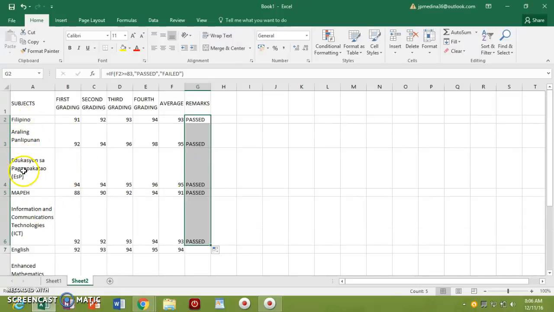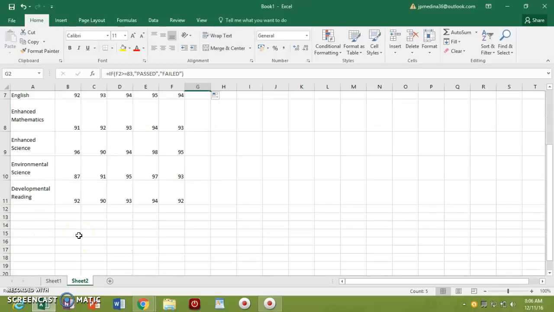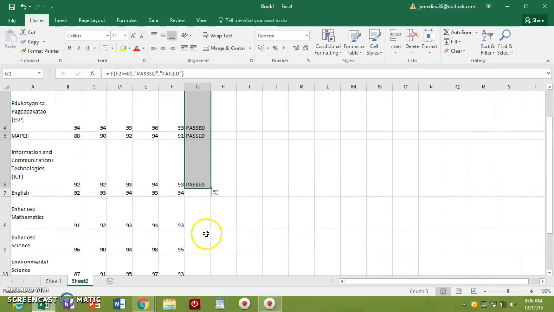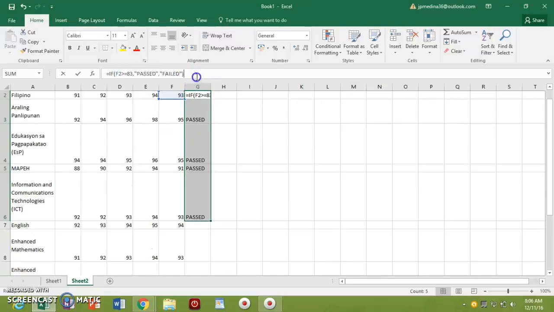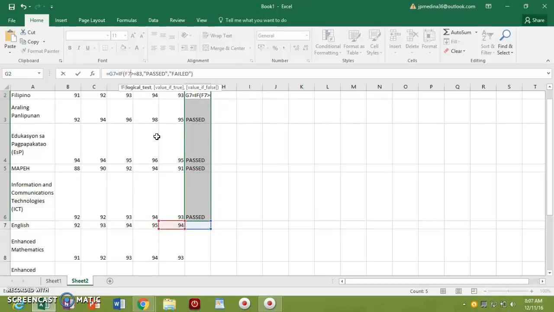And you see, only 5 subjects. How about English, enhanced mathematics, enhanced science, environmental science, and developmental reading? Just the same way, but different grade. So F7, 85.